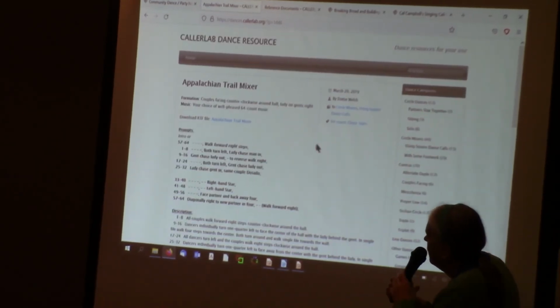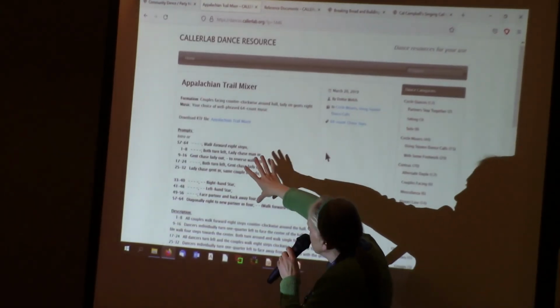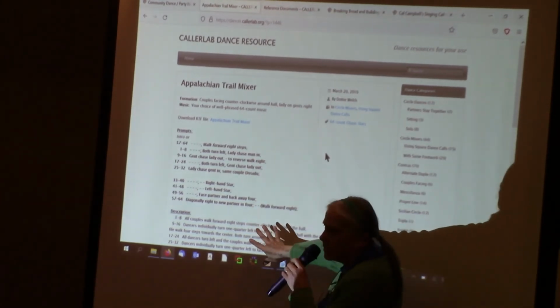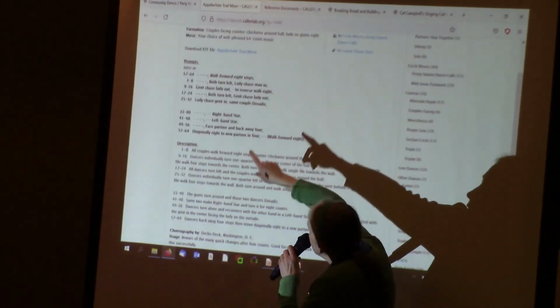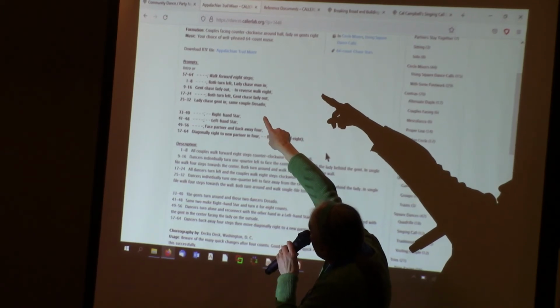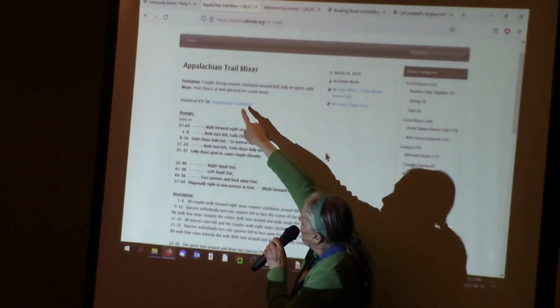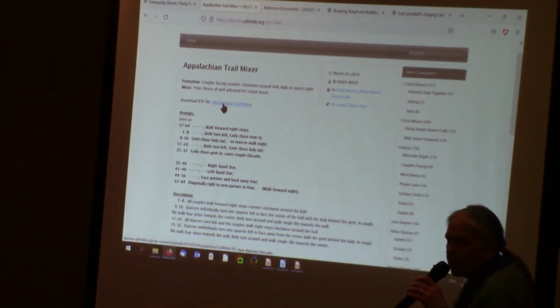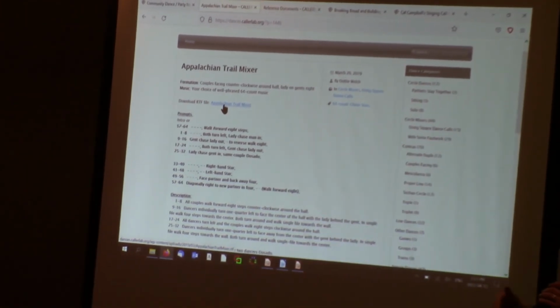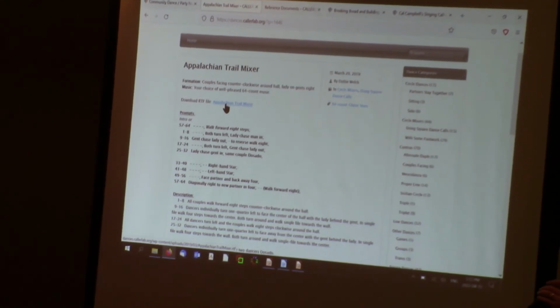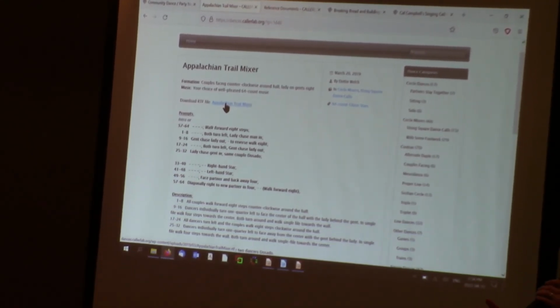It takes you to a page that shows how you would prop the dance and a description of the action. And if you want to download an RTF file, that blue link way up at the top here would download it for you, so that you can print it or do whatever you like with it. So, not too hard if you have some clues.